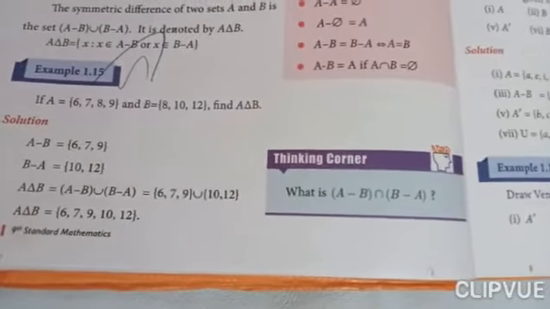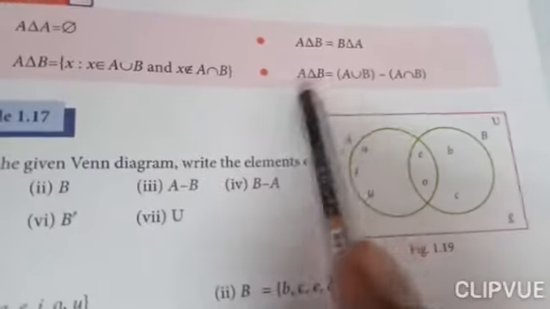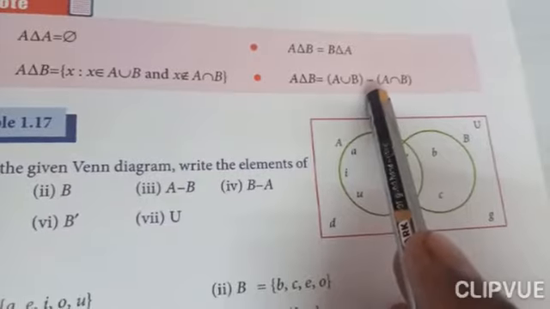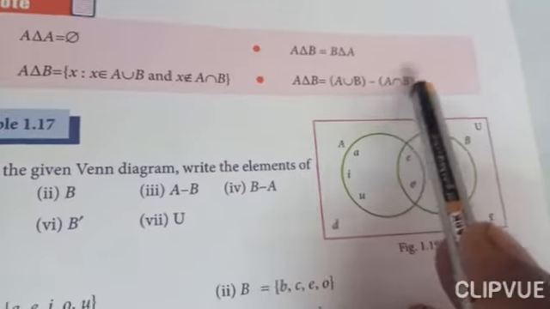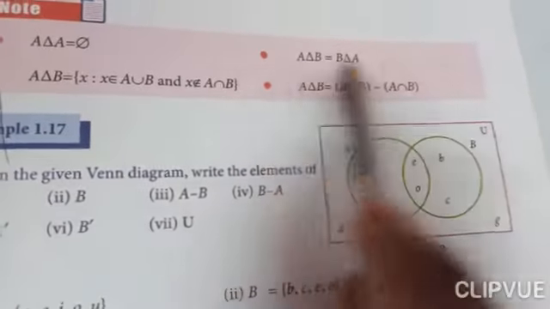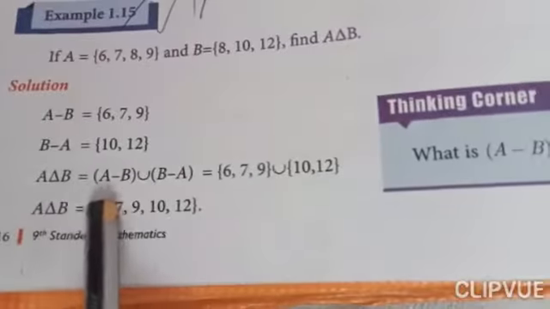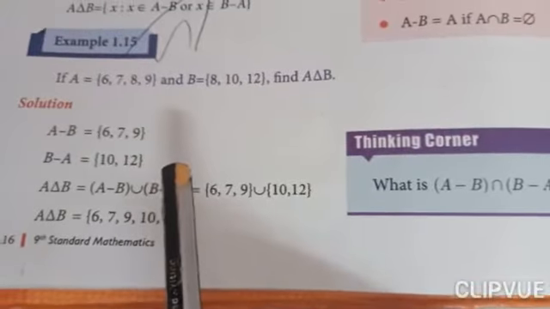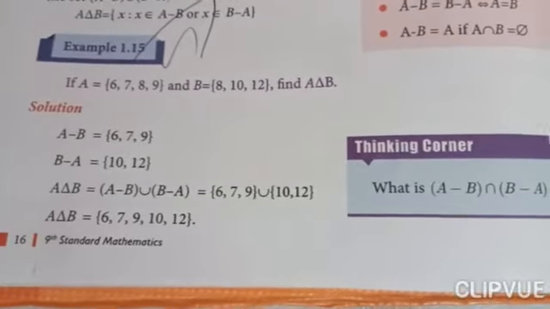So please ignore the above thing I showed before that. And also one more way they are writing A symmetric B equals A union B minus A intersection B, that is A union B difference A intersection B. This way also you can do it, but the standardized method is A symmetric B equals A minus B union B minus A. This one is the 4th Roman number in exercise 1.3. I will explain it now.